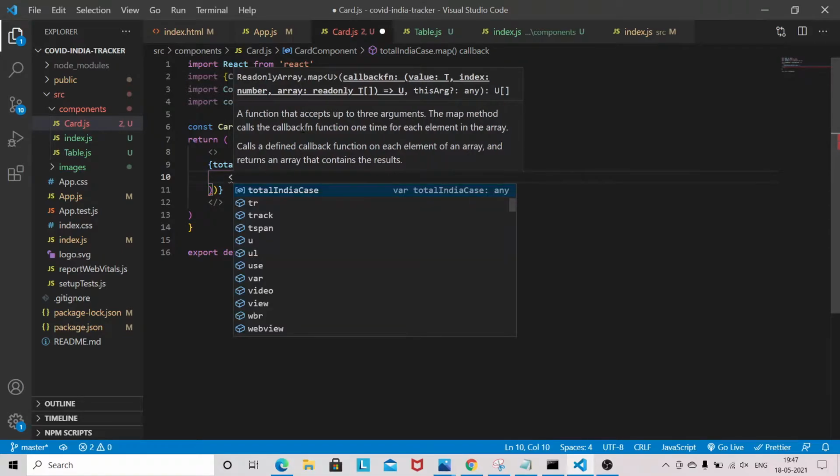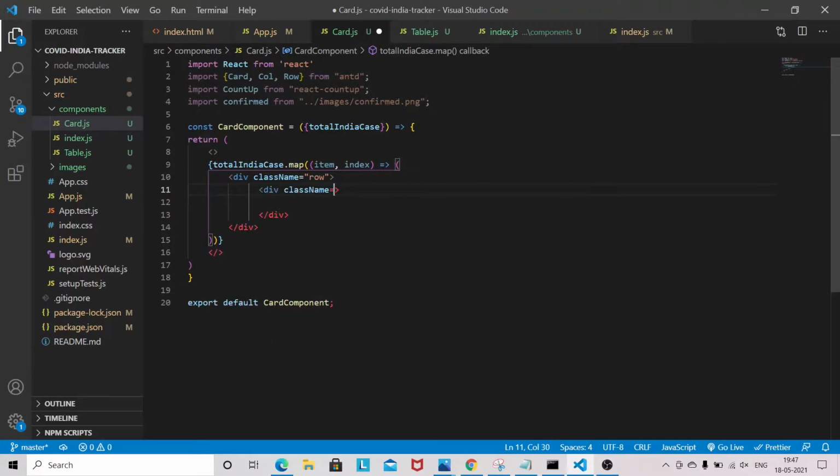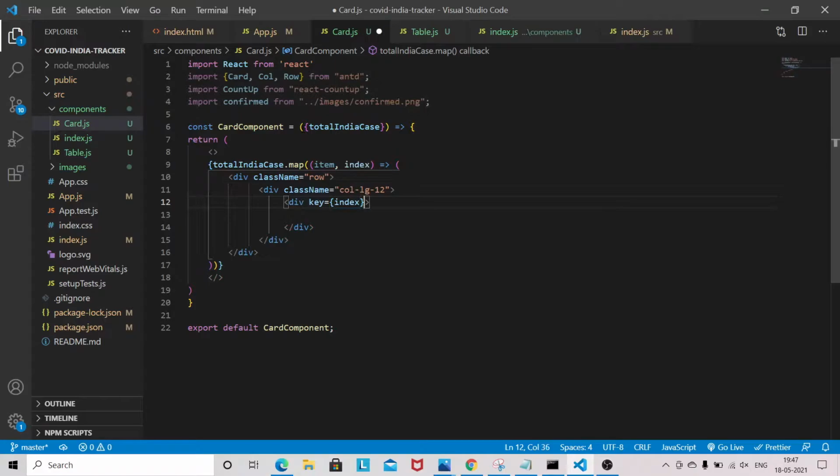Now I will give a div of class name row, and I will give another div of class name col lg12. I will give a div key equal to index, style padding.